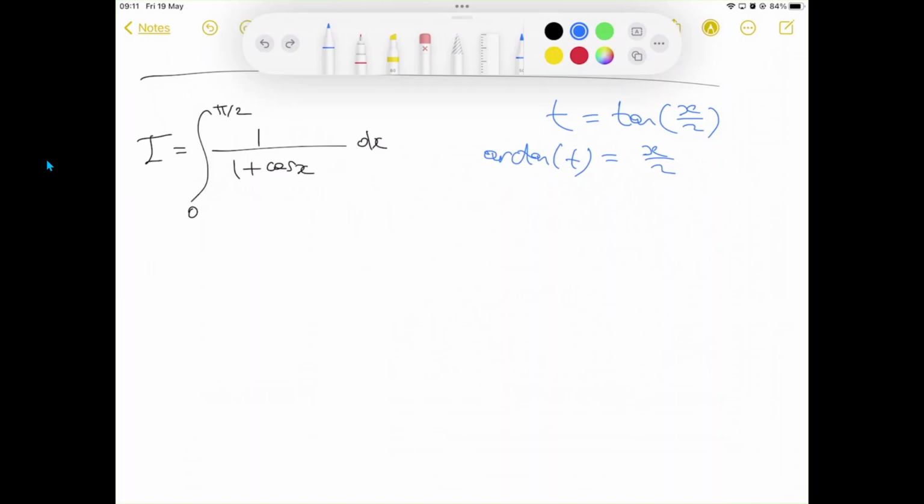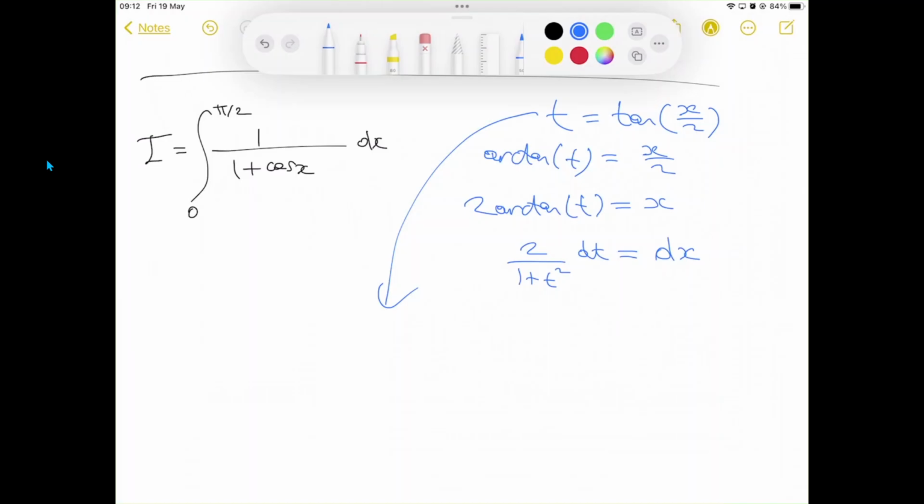Now let's multiply both sides by 2. So 2 arctan of t is equal to x, and now if you differentiate both sides, dx is equal to dt multiplied by the derivative of 2 arctan of t, which is 2 over 1 plus our argument t squared. This is the same as what we did just now. So now if I were to draw a triangle that